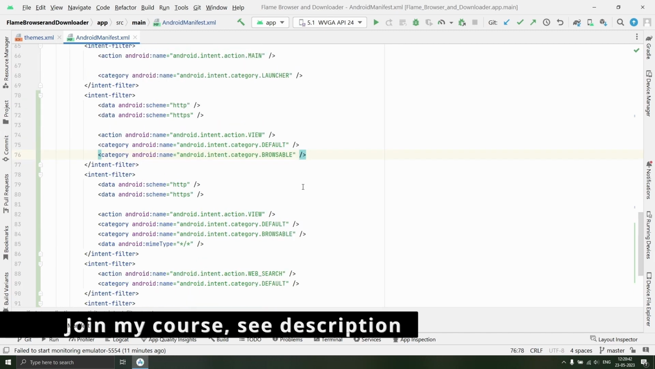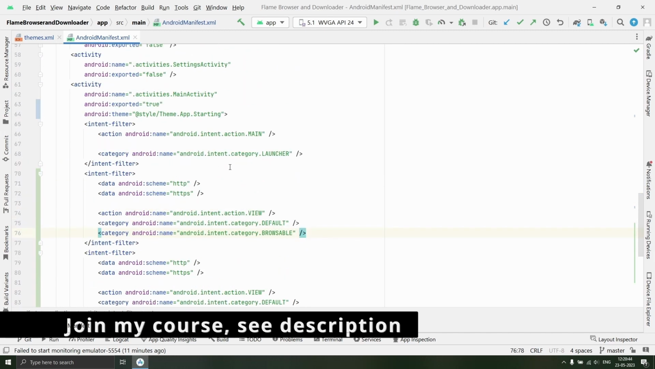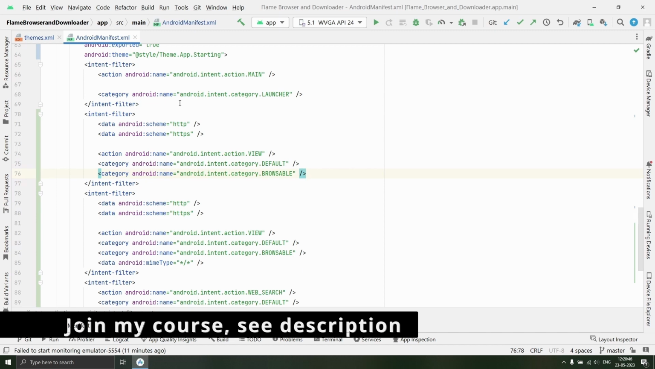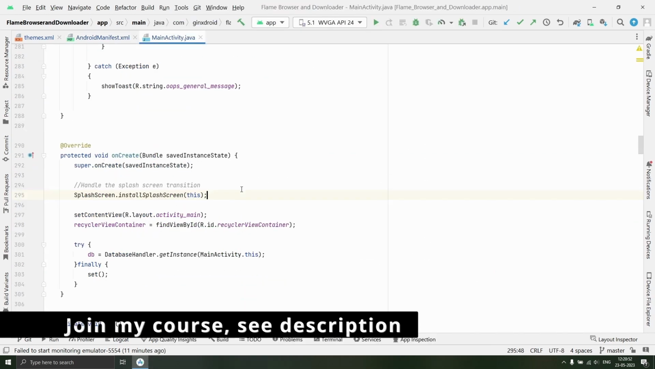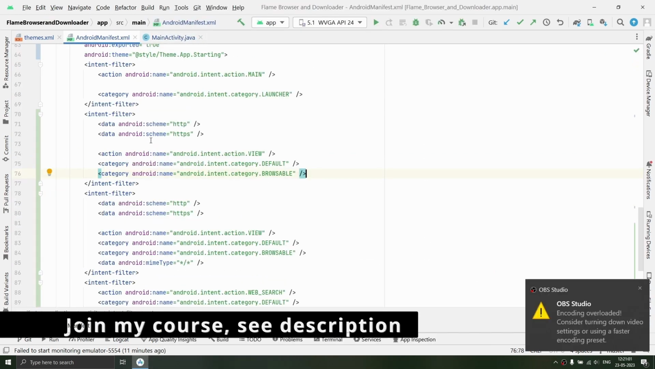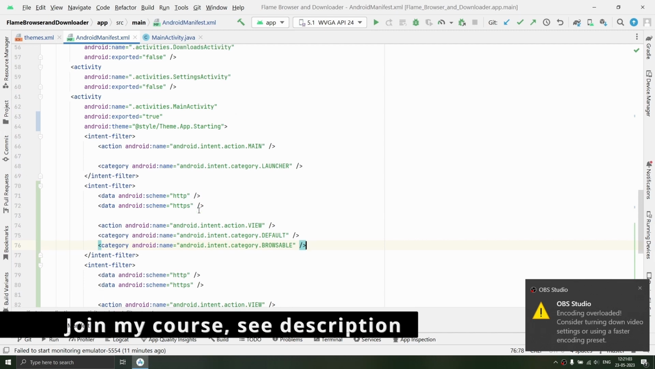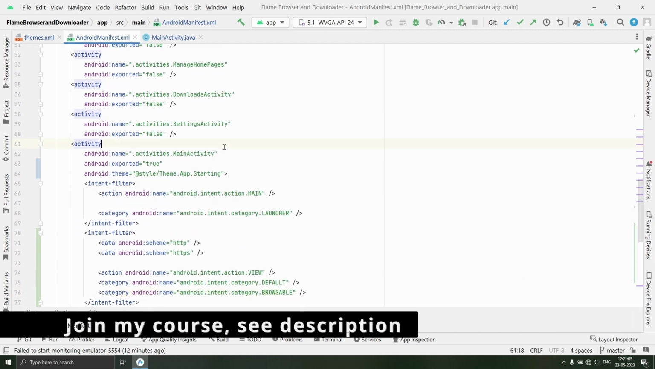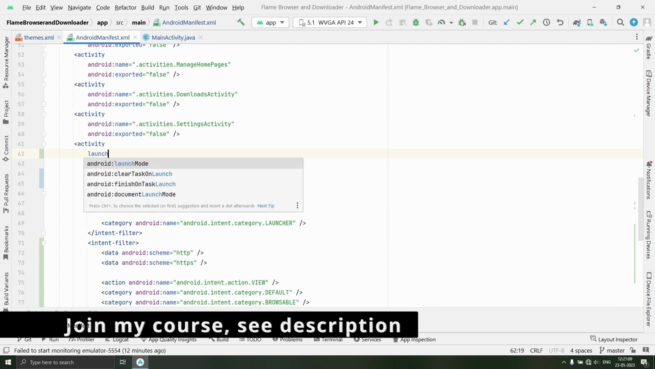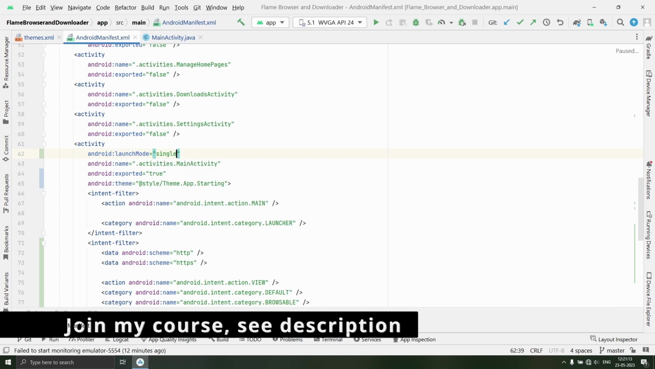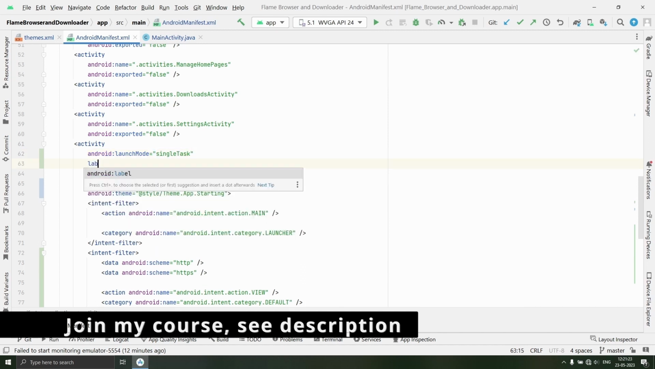Now we have defined our intent filters in our manifest file. Now we are going to use those intent filters in our MainActivity.java file. So open the MainActivity.java file. But here we will do one more thing in the Android manifest file. For our main activity, we will set launch mode to singleTask. So it will call onNewIntent and we will specify label